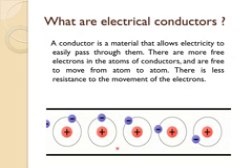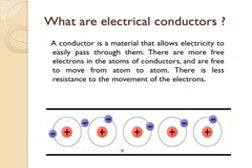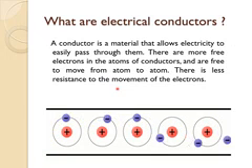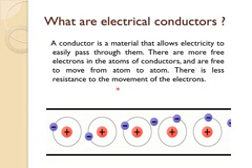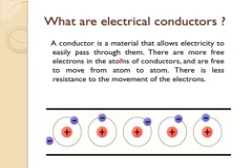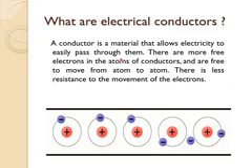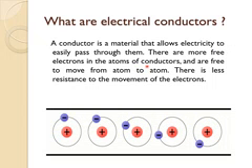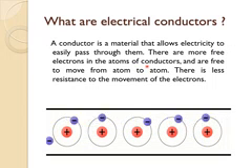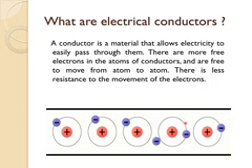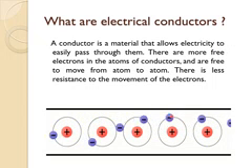So the answer of the question, let me explain the answer of the question, that is, what are electrical conductors? Just like I briefly told you about the electrical conductors, that they allow the electricity to pass through them. But when we go into the detail, why this electricity is allowed to pass through the conductors, not from the insulators, when we go into the depth, we find out the answer that electrical conductors have the free electrons basically, which move here and there from atom to atom, through which the electricity is passed through